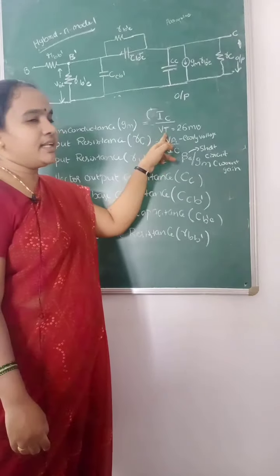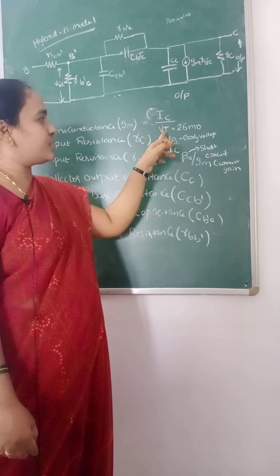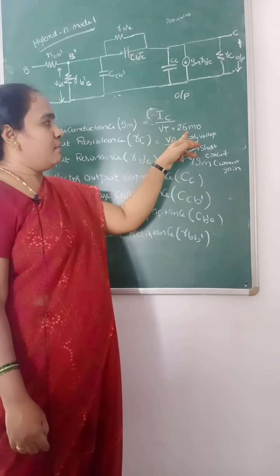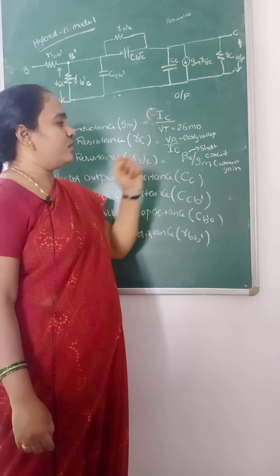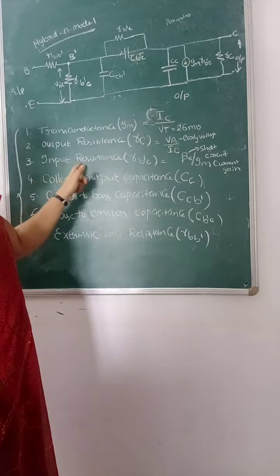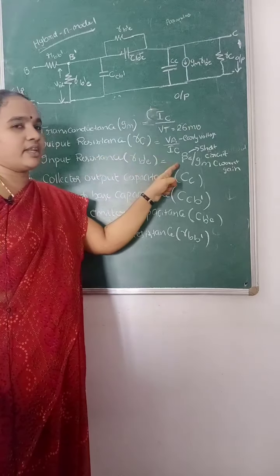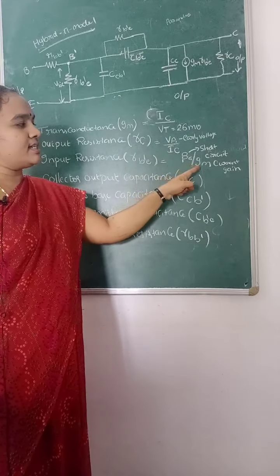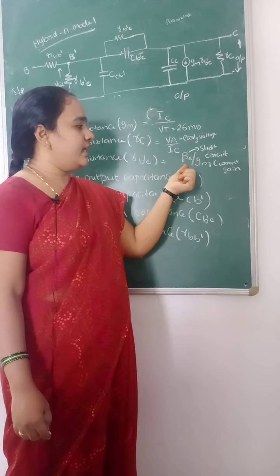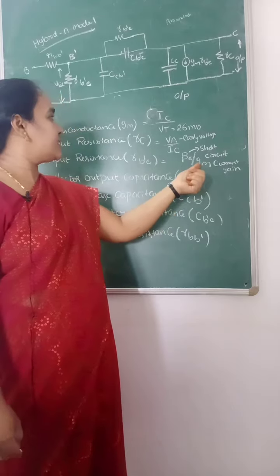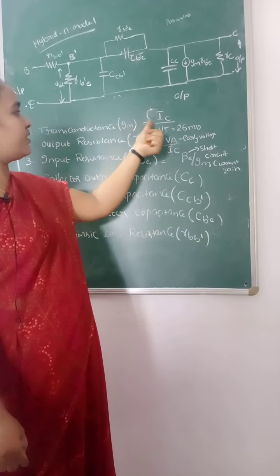Vt is the fixed value called the thermal voltage, which is 26 millivolts, and Va is the early voltage. The input resistance offered by the circuit is given by beta naught by Gm, where beta naught is the short circuit current gain and Gm is the transconductance given by the formula